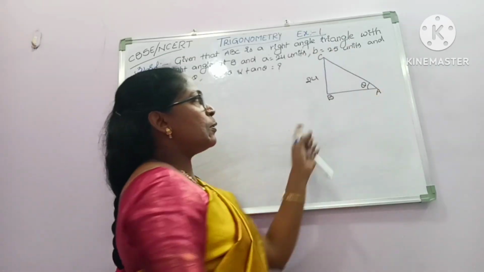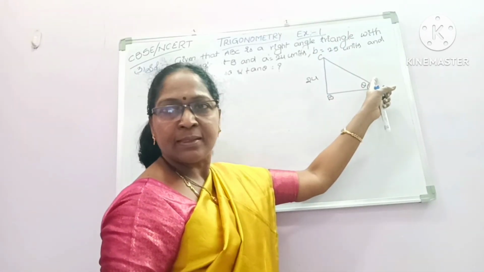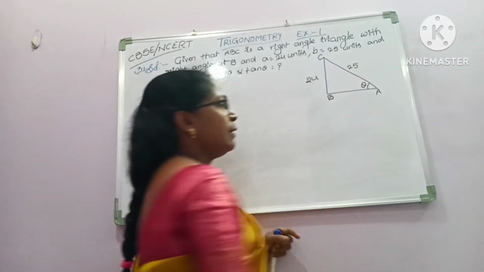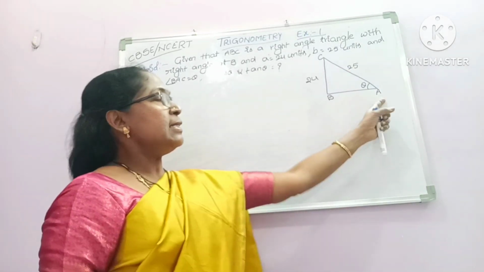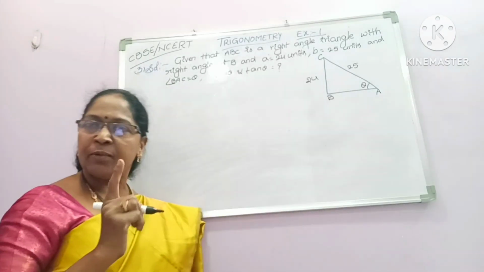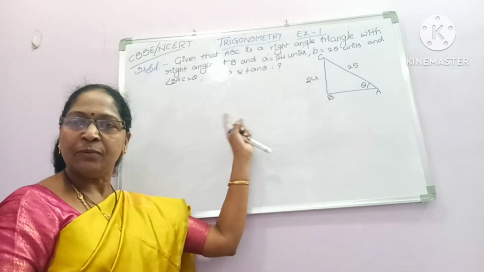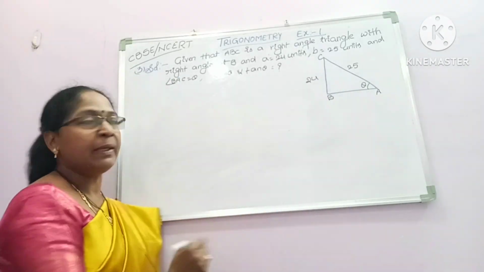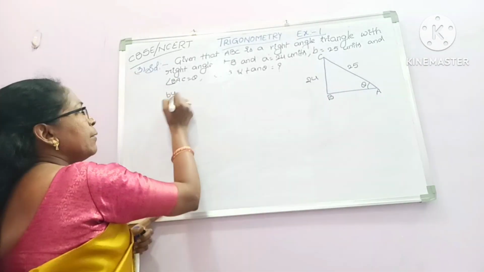Same procedure here: AC. In this, B is not there. So AC equal to 25 units, just represent it there. And this AB side we don't know. Whenever one side is unknown, the one procedure we know is using the Pythagoras theorem, you can find the length of AB. So by the Pythagoras theorem,